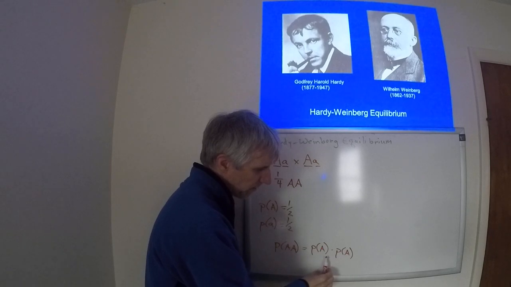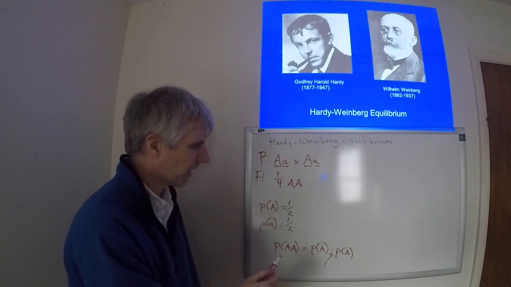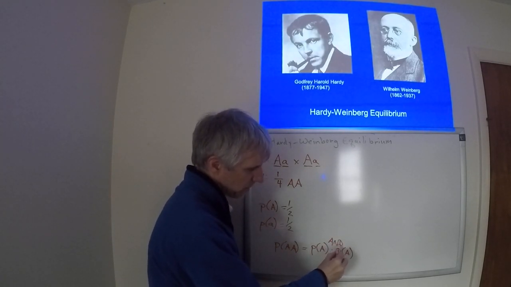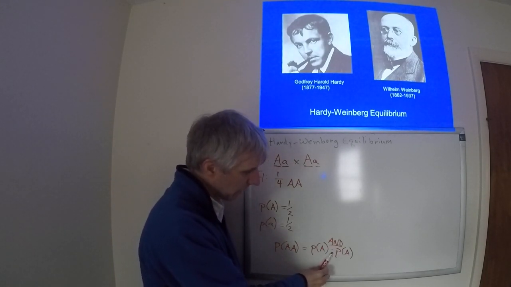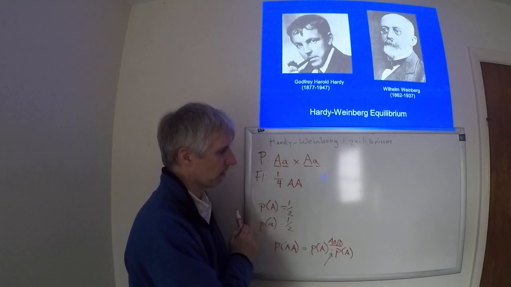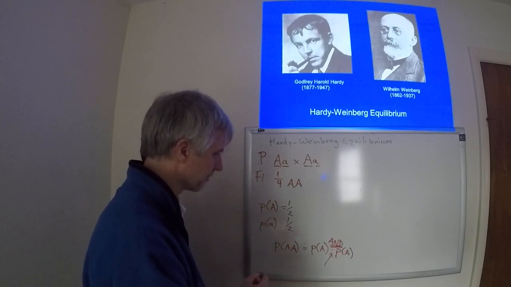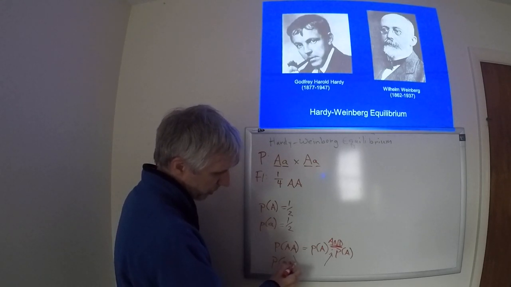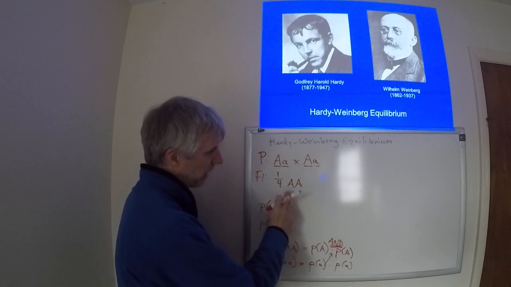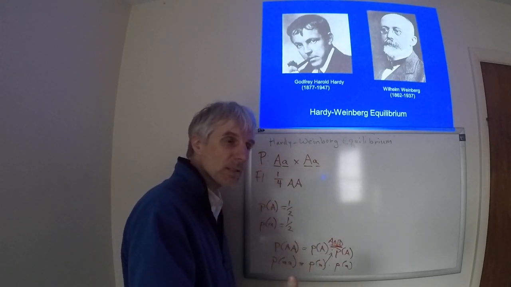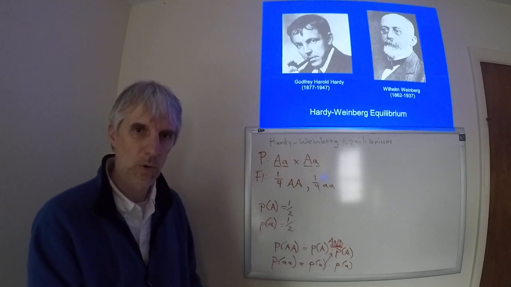Because both of these events have to happen together, we use the multiplication symbol. I like to think of this as the terminology "and." Parent 1 has to contribute a dominant allele, and parent 2 has to contribute a dominant allele in order for this to happen. The "and" language is multiplication in probability. The same probabilities hold true for the homozygous recessive. That's the probability of picking a little a allele from the first parent and picking a little a allele from the second parent, which I hope you see is also 1/4.